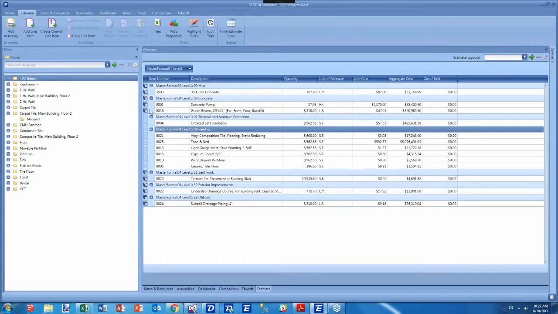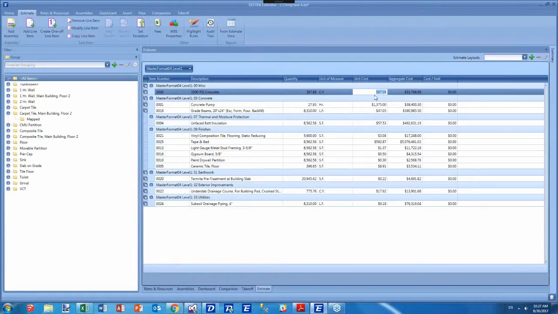Also, one of the things that we've got while we're here is the ability to toggle off the roll-up. Right now, one of the handy features inside of Estimator is the ability to roll up all of your like items, which gives you the ability to modify unit prices wholesale. So if I wanted to change the price of 3,500 PSI concrete across the entire estimate, I've got one place I can come in and change that. And that'll modify it for every single item that is currently rolled up here, as indicated by this little symbol